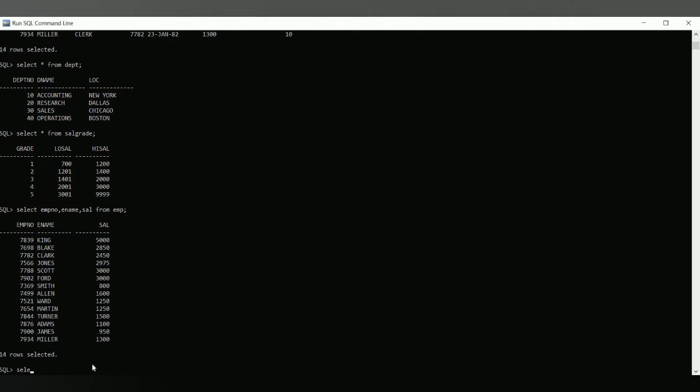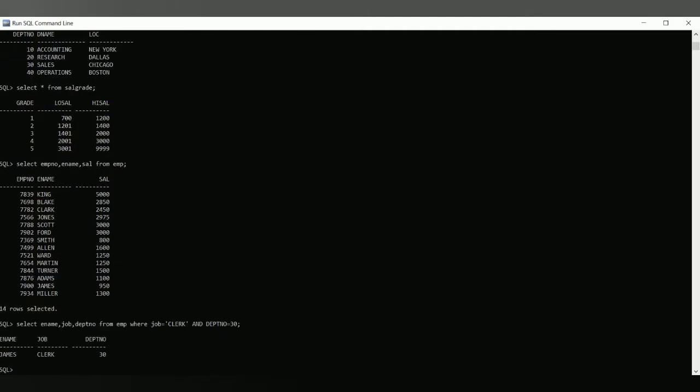So name and job, department number from EMP, where job equal to clerk, DEPTNO equal to 30. Only one member, whose name is James, his job is clerk and department number is 30.